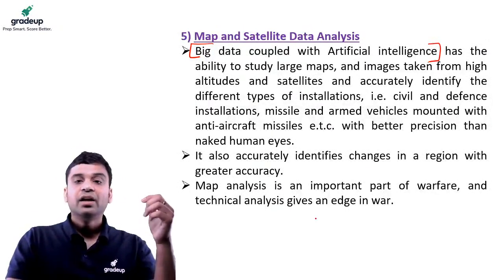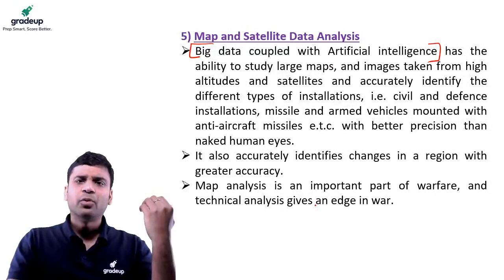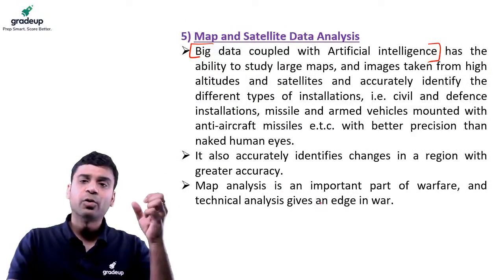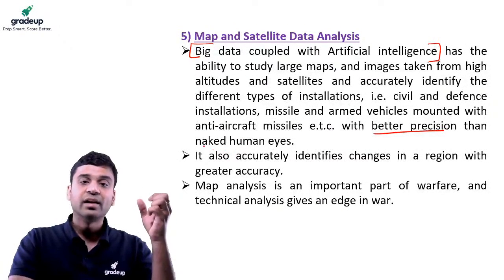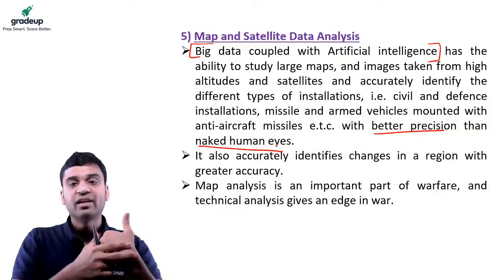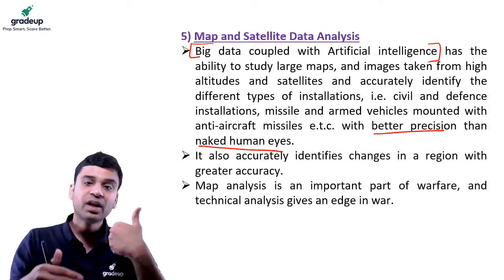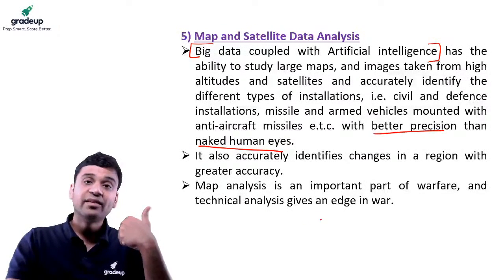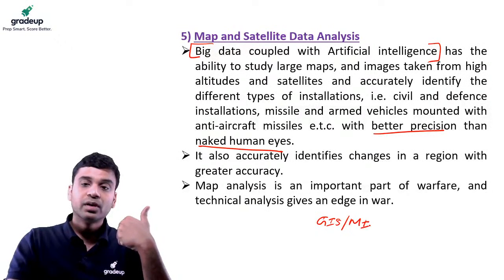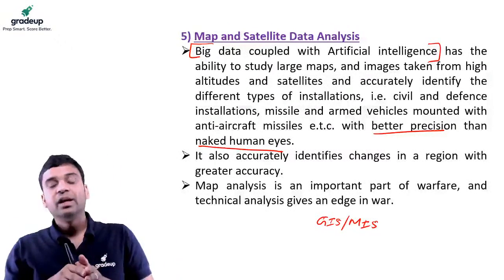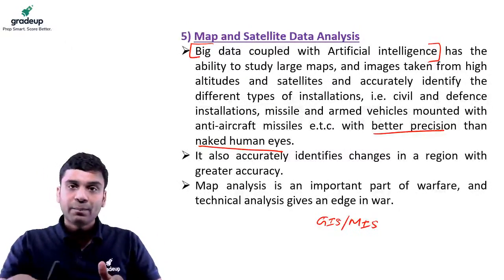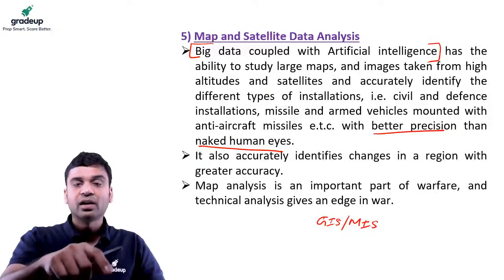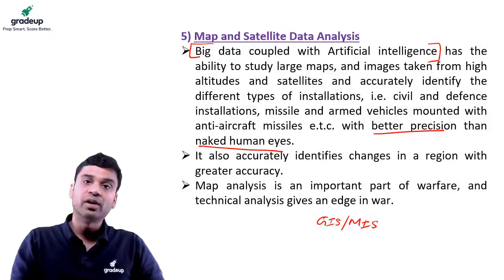Okay. So like this, it's endless possibilities of using the disruptive technologies in warfare, and इससे will get better precision than your naked human eyes, right? Than normal कोई helicopter से, better than that we'll get the better precision, you'll get better accuracy. And map analysis you can do by GIS or MIS. Okay, a geographical information system या management information system से you can map out कहाँ पे hills है, कहाँ पे plain area है ना, कहाँ पे plateau है, या कहाँ पे ज़्यादा suspicious activity हो रहा है, right?